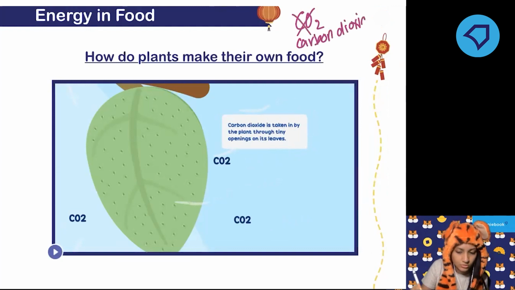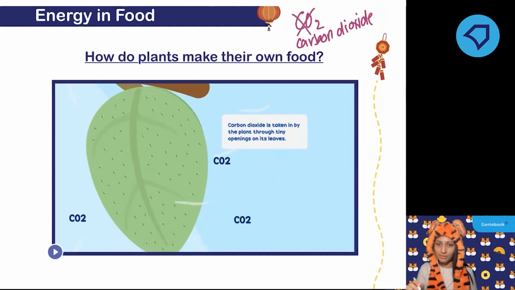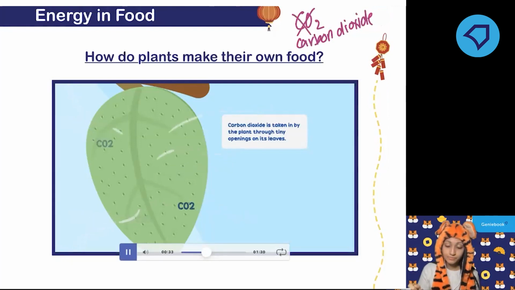At least for most schools, I believe, they will be very strict with this. For PSLE as well. So do not take the shortcut, all right? Please spell it out. Carbon dioxide. And after photosynthesis has taken place,